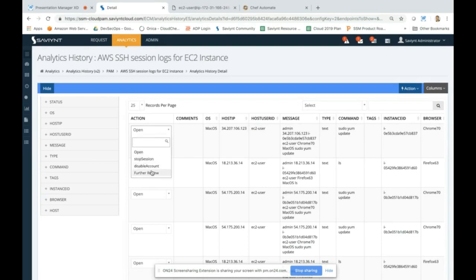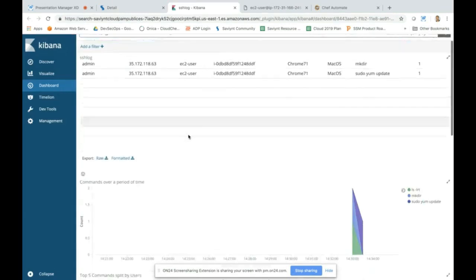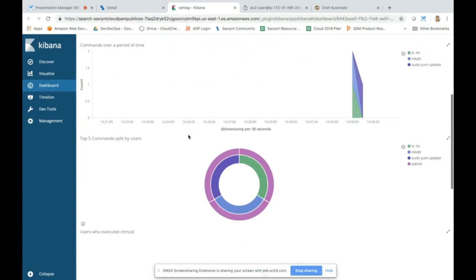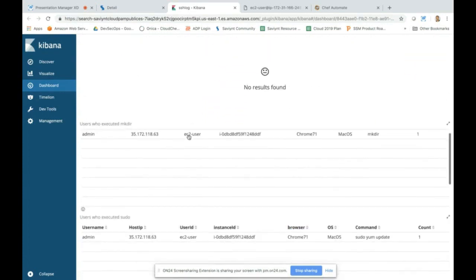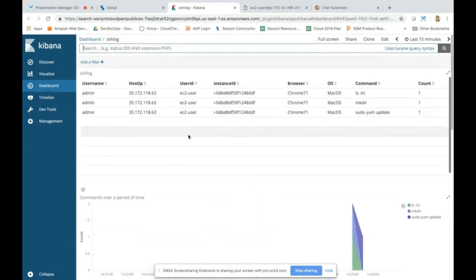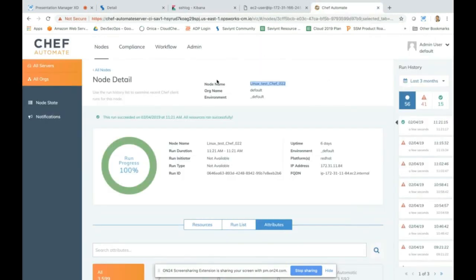And if you need further analysis and want to look at the raw logs which are getting streamed from those target workloads, you can do that, which is again going back into our Elastic cluster, and this gives you the details about all the information which is needed for a forensics analysis of a specific activity which has been performed in your environment. And having said that, a couple of other things which we do is we also integrate with Chef Automate,